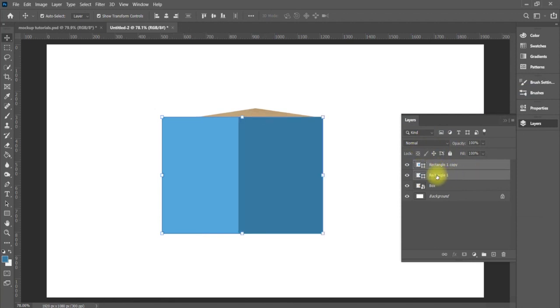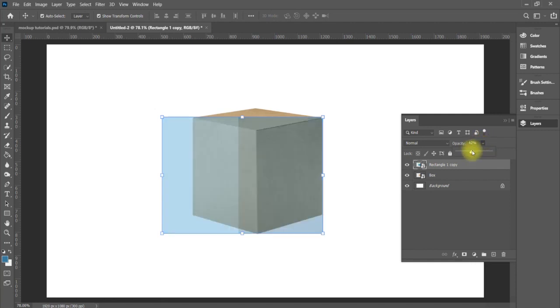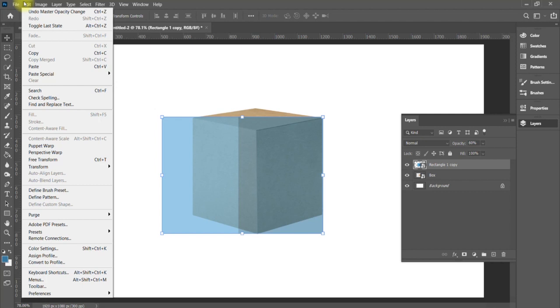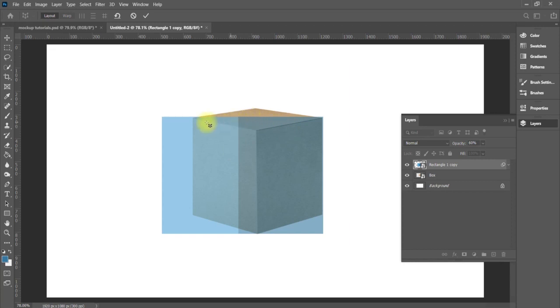then select both layers, convert to smart object, make the opacity a little less so we can check the background layer. Okay, now we are going to use the perspective warp option. Okay, it's in Edit, here in Perspective Warp, so click on that,